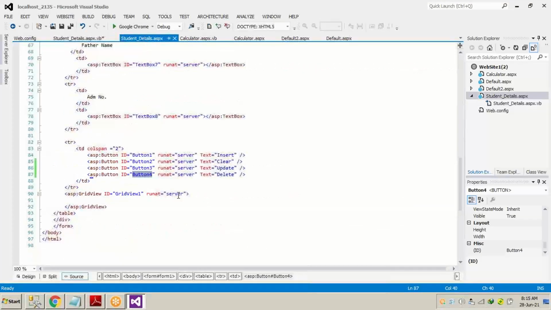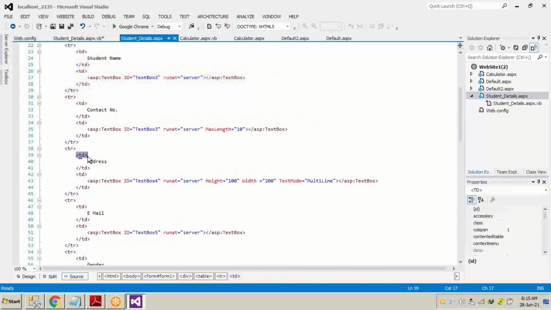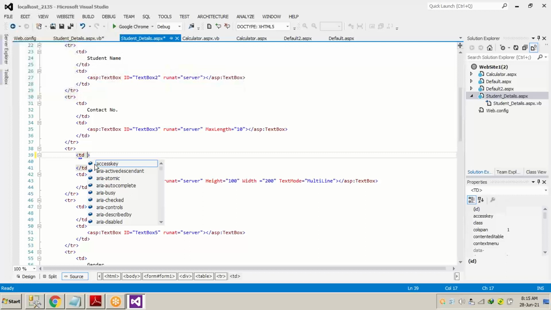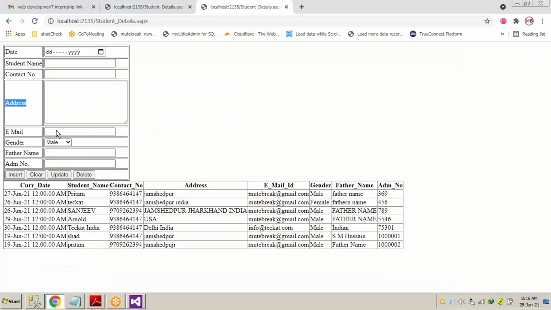We'll go to the design part, and in the address TD we'll add one more attribute, VALIGN equals TOP. So whatever is contained inside this particular TD, now let's see what happens.